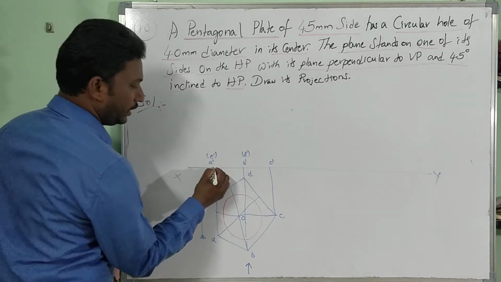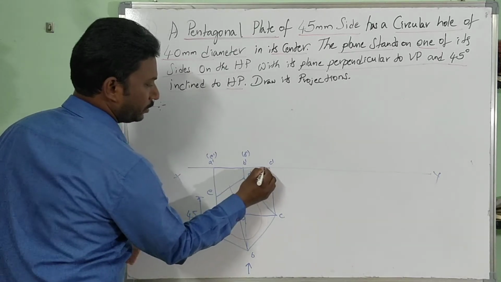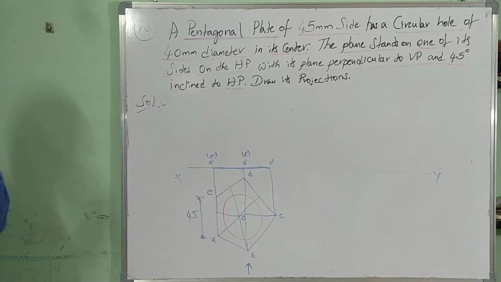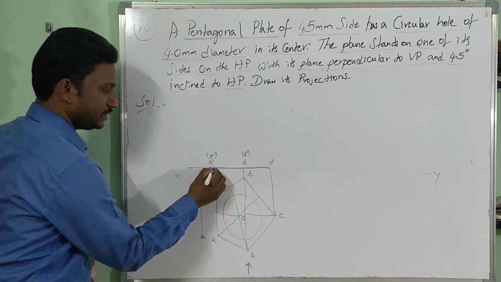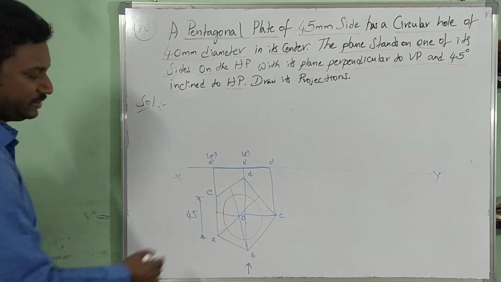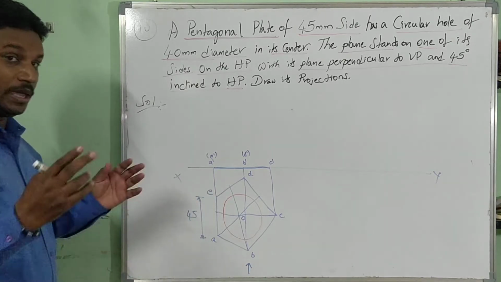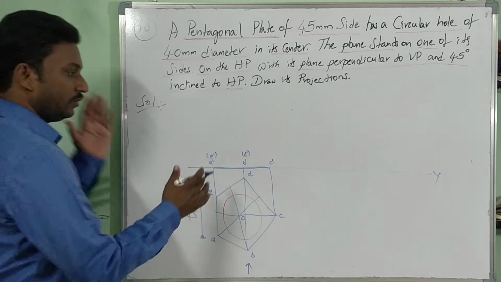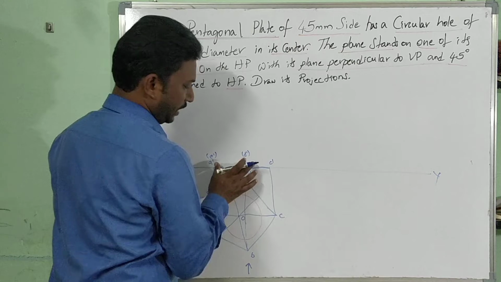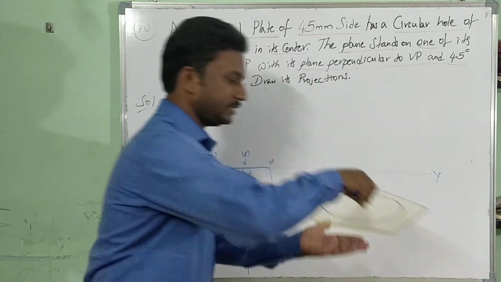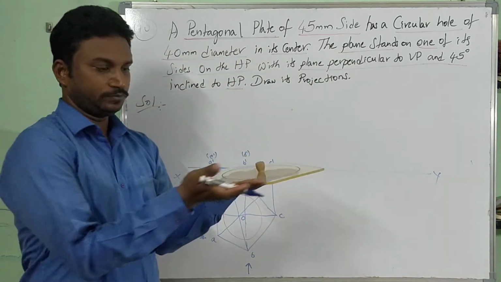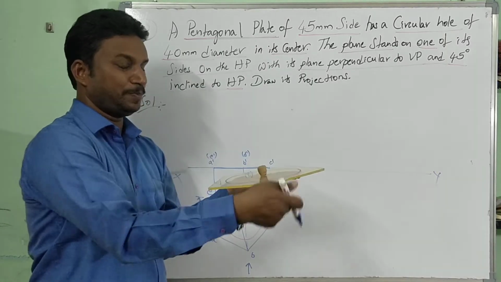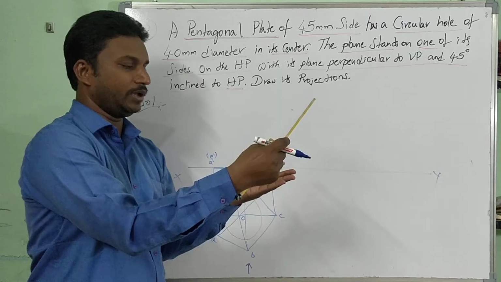The front view is a line here. Draw one more stroke so that it becomes thick: A dash, B dash, C dash. See, this is the side which is on HP. AE is a side, not a point. Now coming to the second step, taking this into 45 degrees. As I said, in the front view we have a straight line. When this plane surface has to be rotated at an angle of 45 degrees,